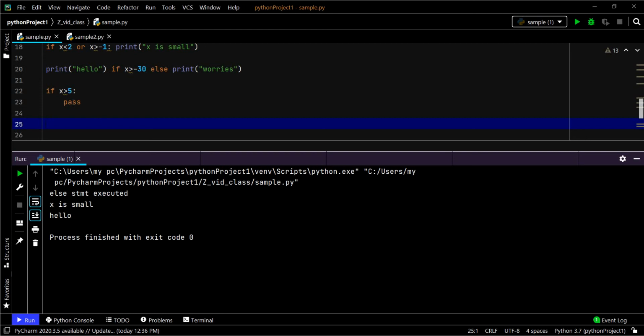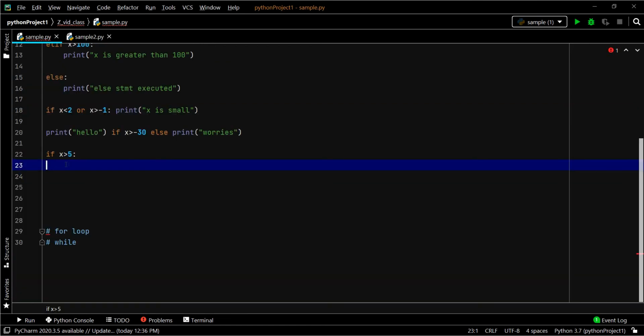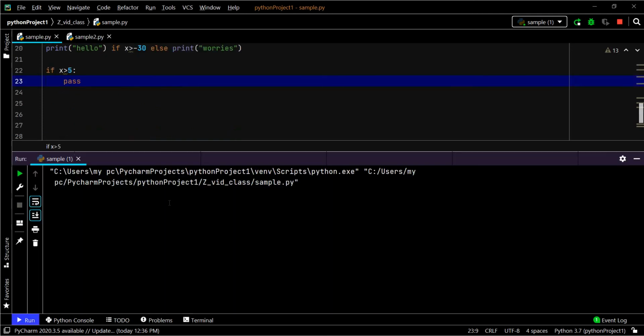Let's remove this and see what's going to happen. Unexpected end of file while parsing, because this is not the expected end for the if block. So if you don't want to do anything, just use pass, that is enough. Now no error, that's it.